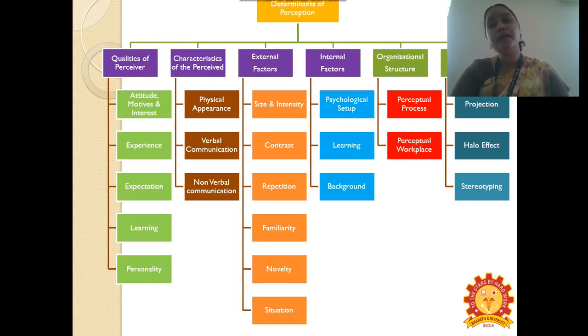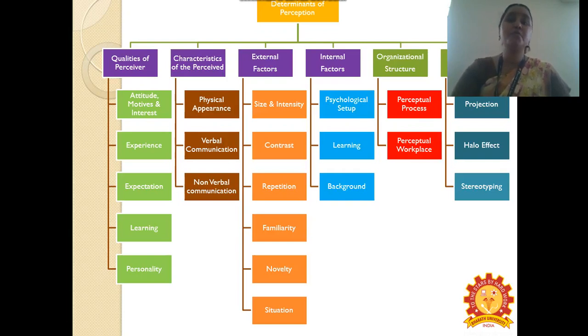So an employee who gives suggestions for improvement may be perceived as creative by the management, or people who are generally laid back, who don't involve much in the decision making process, who don't give suggestions, they are considered to be apart, or they are considered to be that they don't gel well with others, they are not a team player. So perceptual process is going to shape the perception of